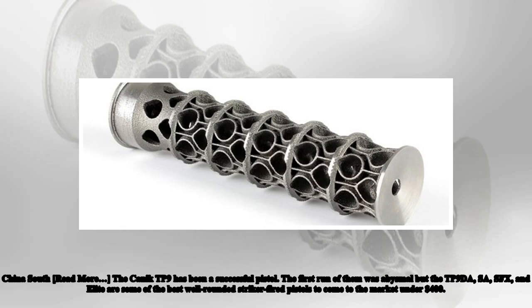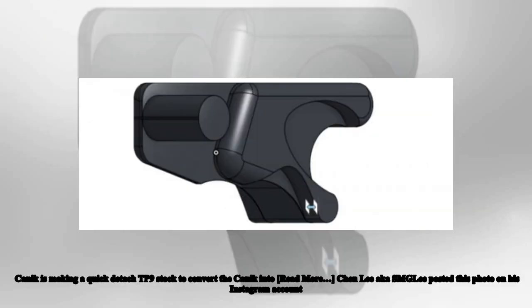The first run of them was abysmal, but the TP9 DA, SFX, and Elite are some of the best well-rounded striker-fired pistols to come to the market under $400. Canik is making a quick detach TP9 stock to convert the Canik into a